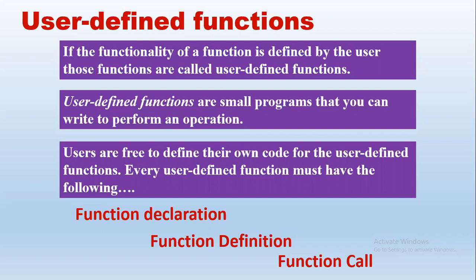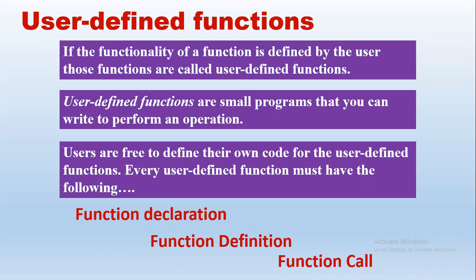So it is like I told you, you have a bag of chips and you just keep it there, no use. You open it and eat, only then it's used. So if there is no function call, the function will not execute, right? So that is how important the function call is. So these are the three main things to be taken care of for a user defined function: function declaration or the prototype, function definition is the body of the function, function call where we start the execution of the function.